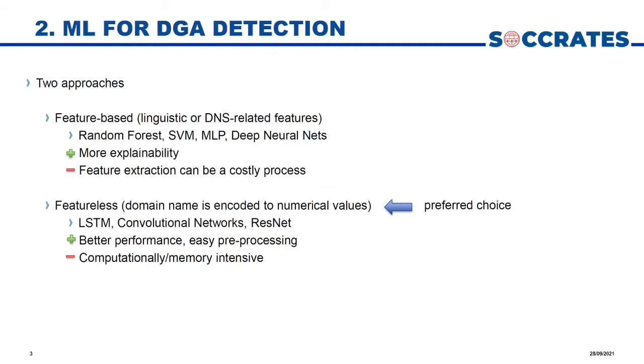And then on the other hand is this, let's say, feature-less approach where you can just use the domain name, so just the string as it is, encode it to some numerical values or one-hot encoding, pretty much standard approaches, and feed that into a neural network. And this has been a bit our preferred choice because even though it is, let's say, more black box and less explainable, it does perform slightly better in our setting. And it was less computationally intensive because we didn't have to do all those pre-processing steps. So this is what we went for, a feature-less approach.